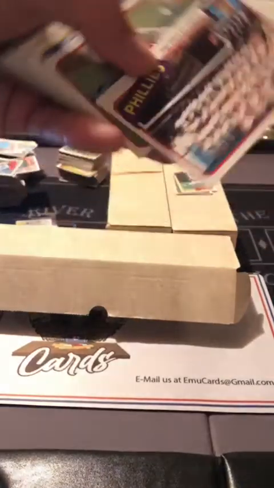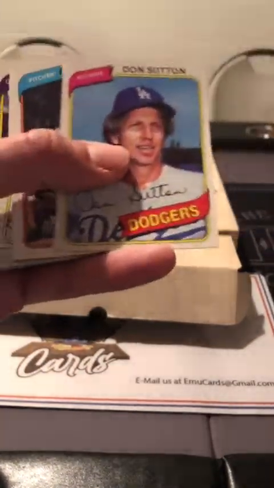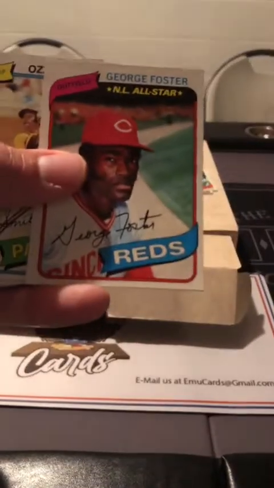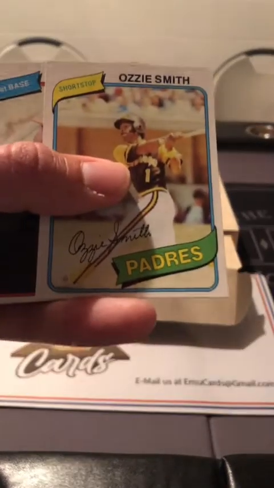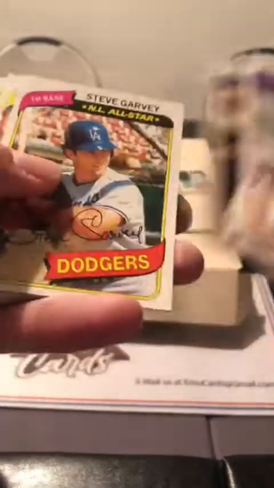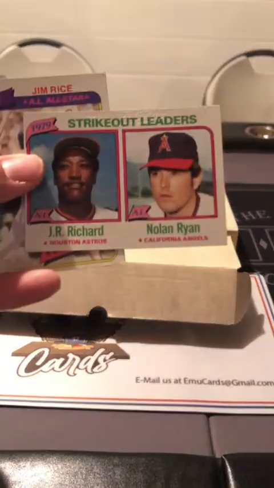We got the Phillies team photo, Tom Seaver, Don Sutton, Don Goulet, the Yankees team, Bobby Bonds, Paul Molitor, Dwight Evans, George Foster, Ozzie Smith, awesome card, Willie McCovey, Dave Parker, Steve Garvey, Mike Schmidt, Robin Yount, Andre Dawson, Dave Winfield, the Angels team card, Steve Carlton, strikeout leaders J.R. Richard and Nolan Ryan,